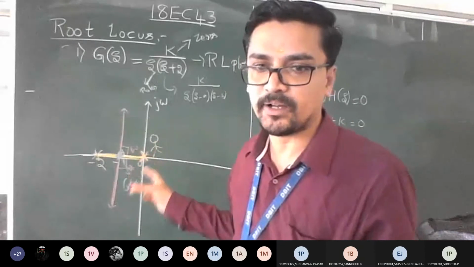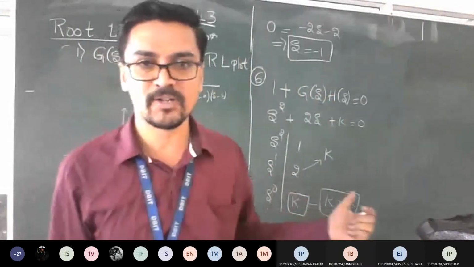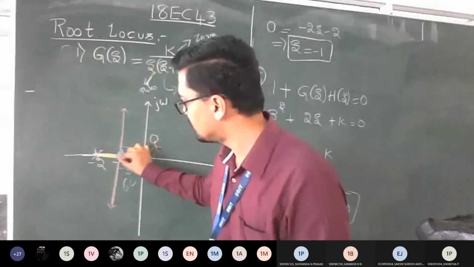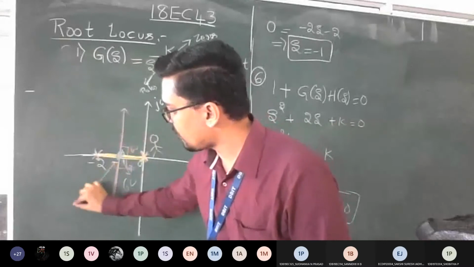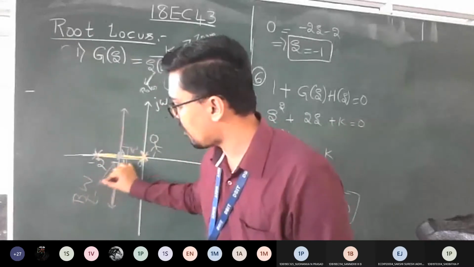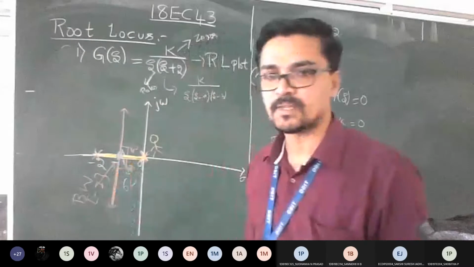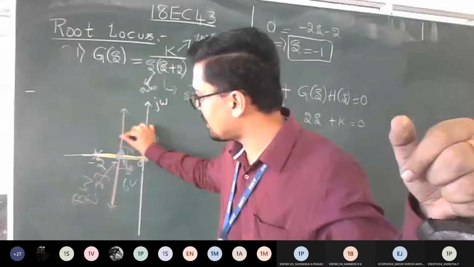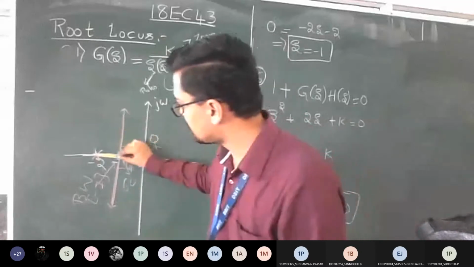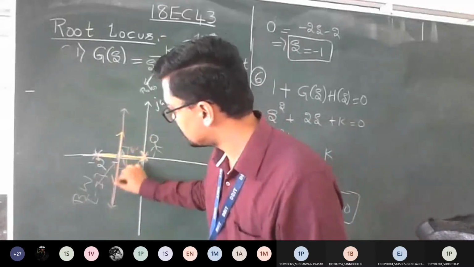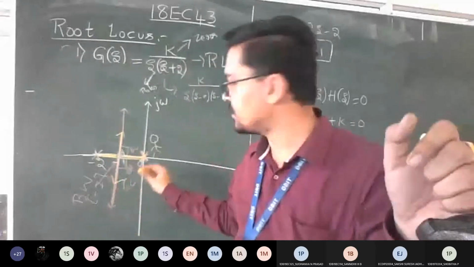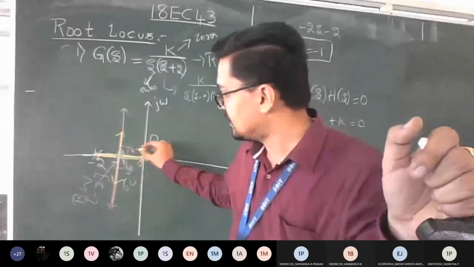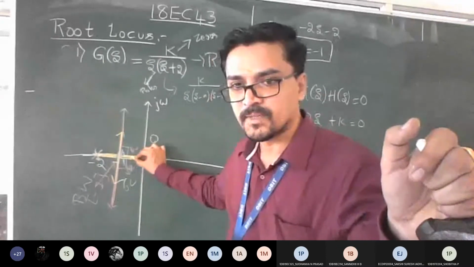Then comes what? Breakaway point. In this problem, we found the breakaway point was exactly like the centroid. So you can mark one more point and say the breakaway point is also on the same. So breakaway point is equal to -1. Breakaway means from this point, how it is moving away. So from here to here and from here to here. If you had got some other point, for example, a breakaway point of -0.5, then I could plot -0.5 here. Understood the logic?